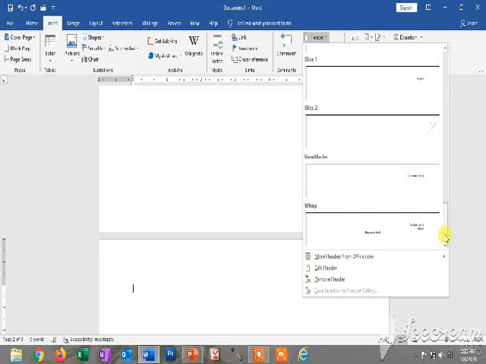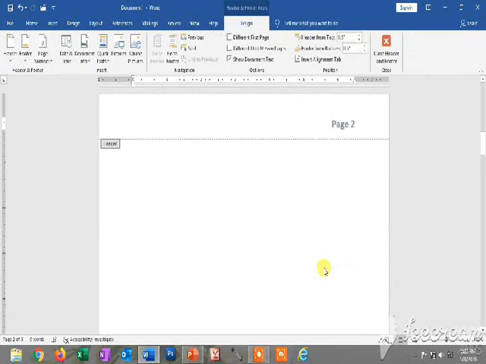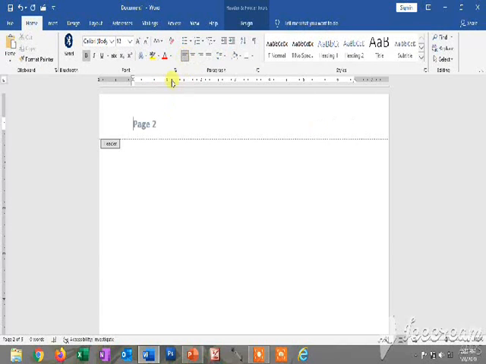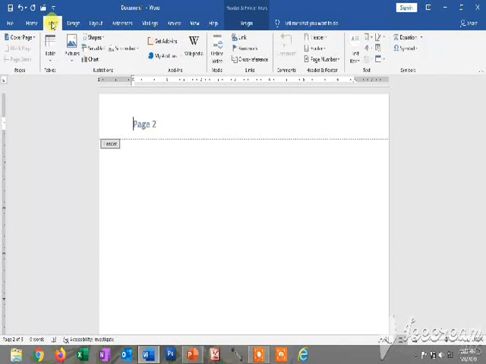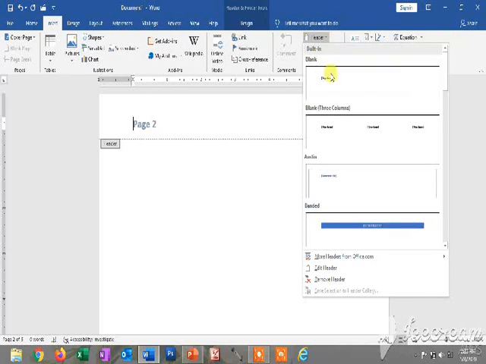You can select anywhere. In case you don't want a header, at that time you can just click on Remove Header. With this Remove Header option, you can remove it. You can also insert a date and time. How? You can just click on Edit Header. Look, in case you want to give the date and time, I am just inserting it again in the header part.